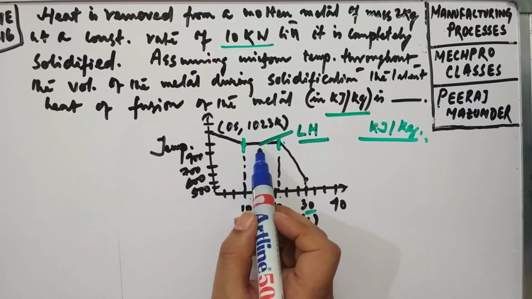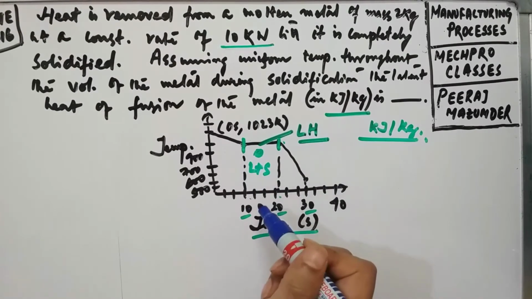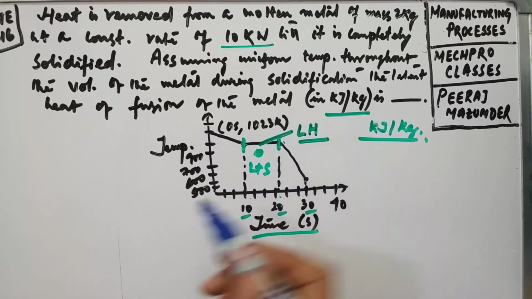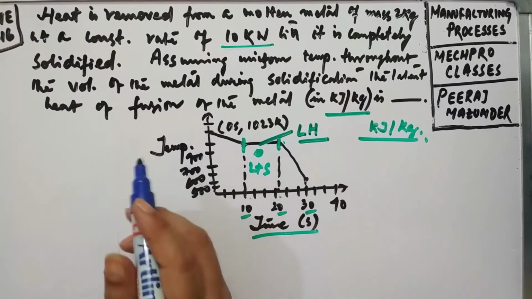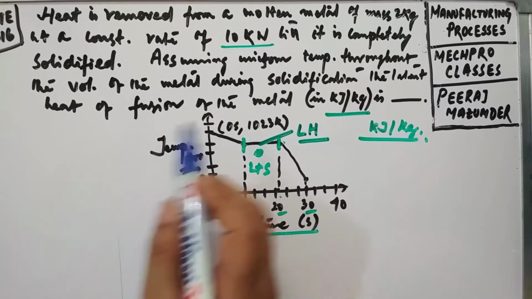Now look, for this region, it is L plus S, you can say. It is the transition phase, the transition area. So we can simply look for first we'll